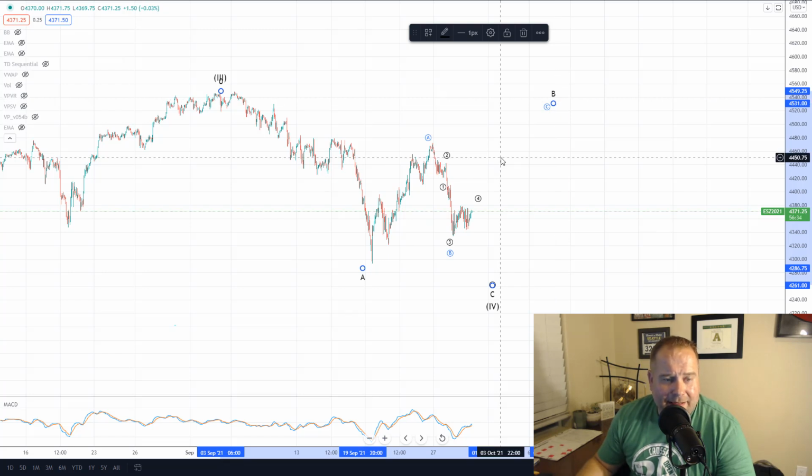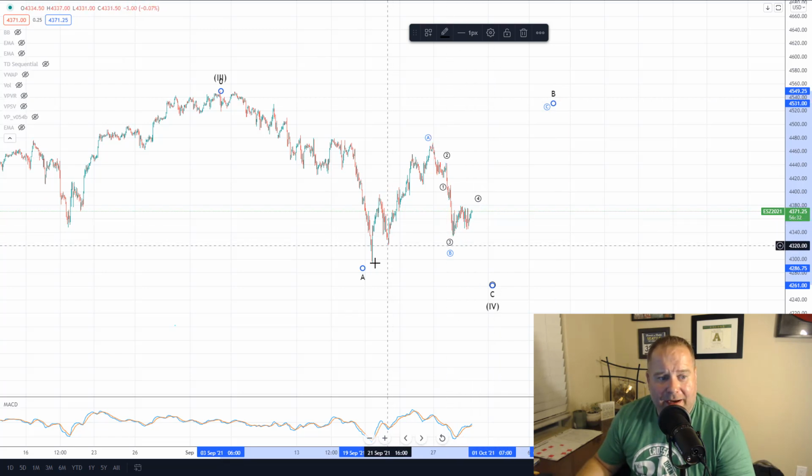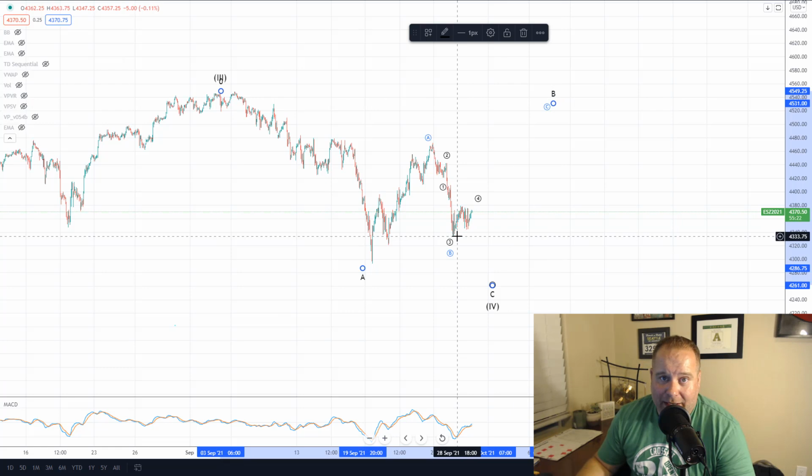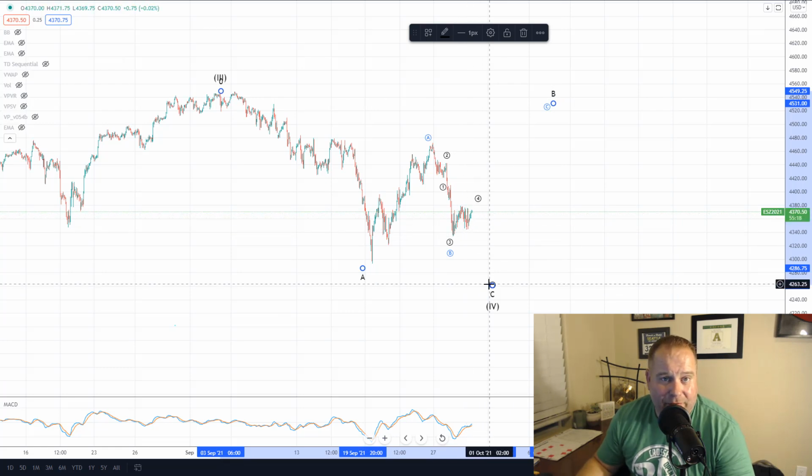So as I said, this is probably going to be my primary count, where this is a larger B wave. So we have A, B, C up, and then we have the C wave down towards 4270. With the wave counts and the fibs we have and the A equals C math, it all lines up pretty well for us to be counting this as A, B, C up in B, and then down in C. The invalidation, of course, is if we break this low right here and we have the move down in 5 to complete C wave in a rip your band-aid off kind of way.